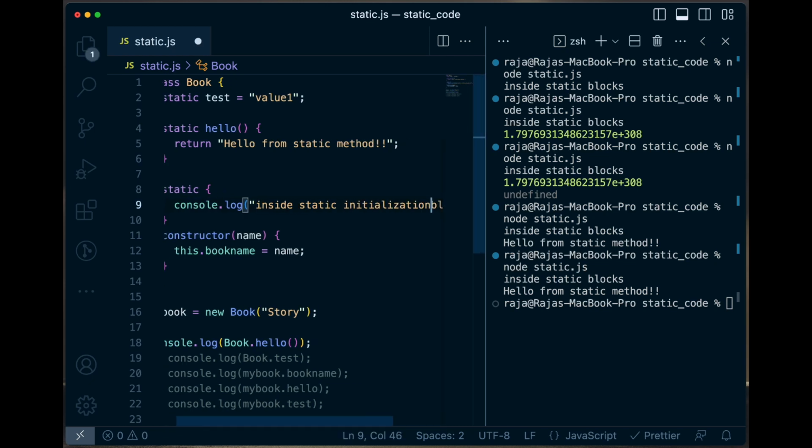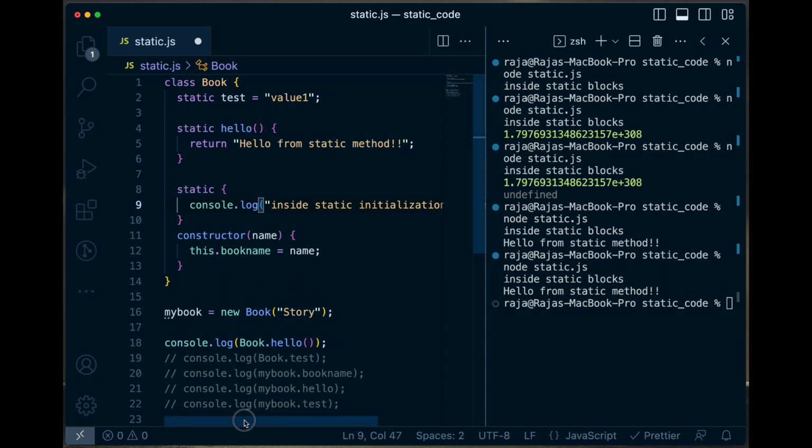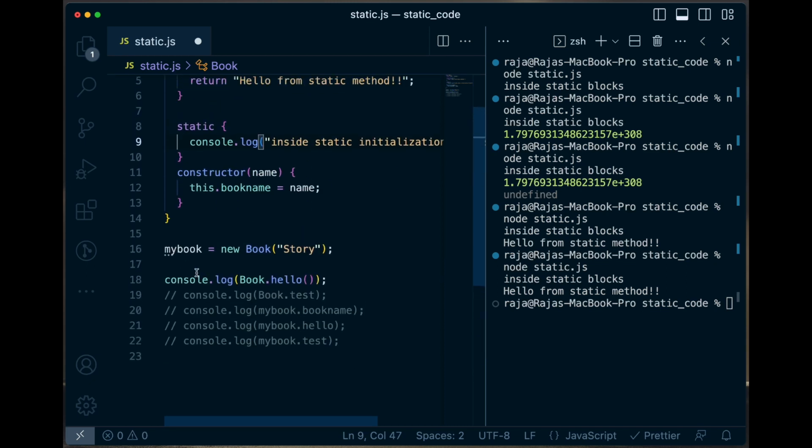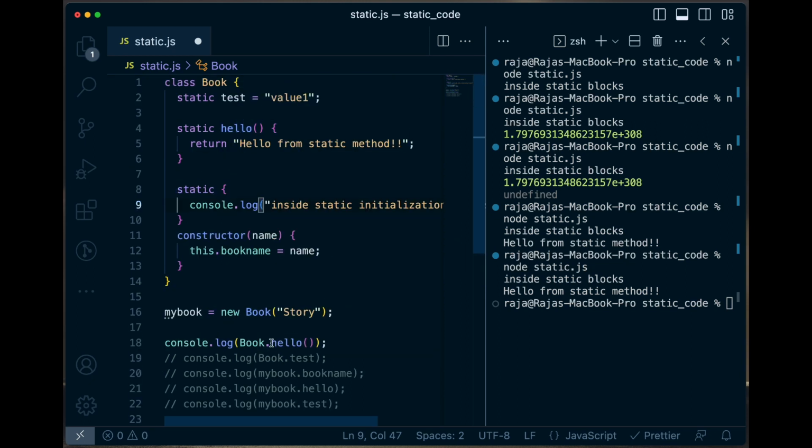and there is a normal constructor inside the class. Here I am just taking the name parameter, and this.bookName is equal to name. Next I create an instance of the Book class, that is myBook, and I am giving story as a name. As we know, we can access this hello method, this static method, inside the Book also. So if I run this,